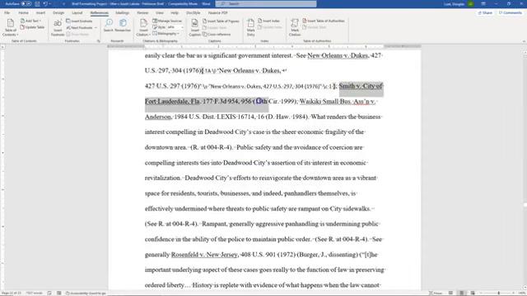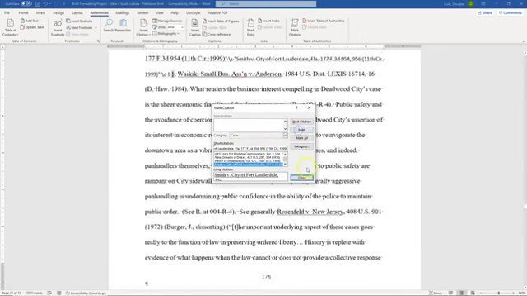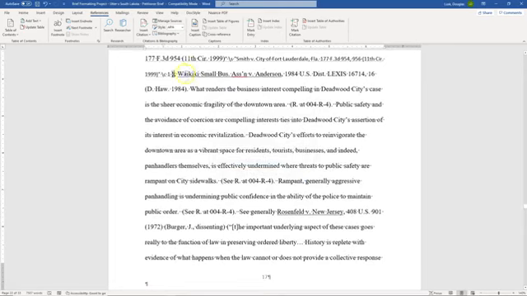Smith v. City of Fort Lauderdale. We highlight, we mark, we make it look how we want to. We're going to delete our pin site. It's a case, we mark, we close. Waikiki v. Small Business. We highlight,